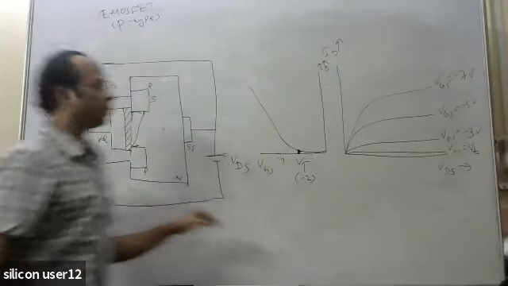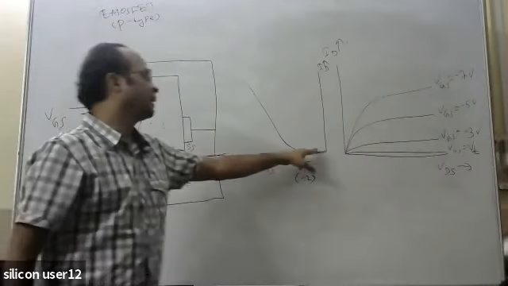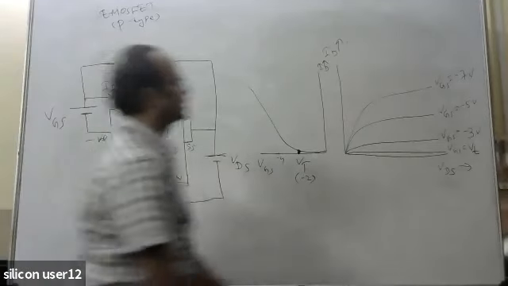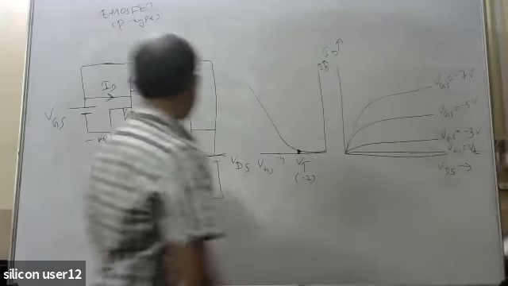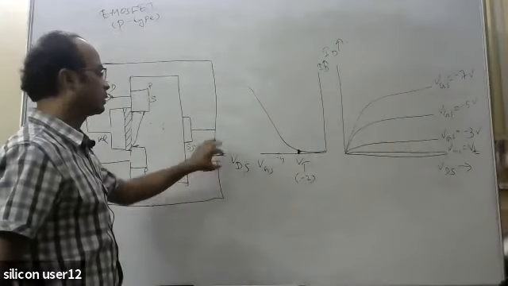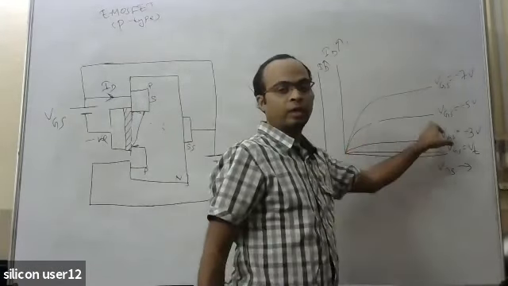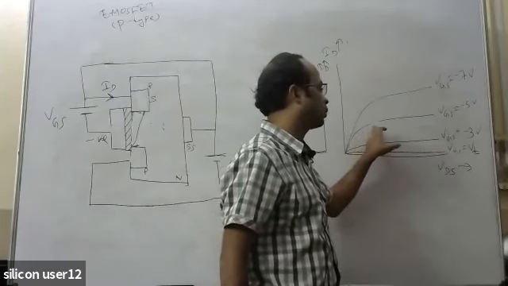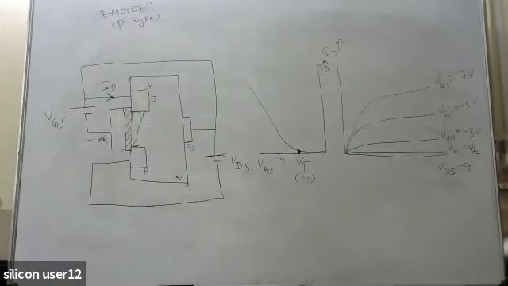That means if the gate is more and more negative, then the ID current will be increasing more and more. And here also that thing we saw, that when this VDS is going in the negative direction, whatever the drain voltage we have applied, if this is becoming more and more negative, then it will be saturated after a particular point. Up to this point, initially the drain current will increase, and after a particular point it will be saturated. So this is about the working of the P-type MOSFET, P MOSFET.